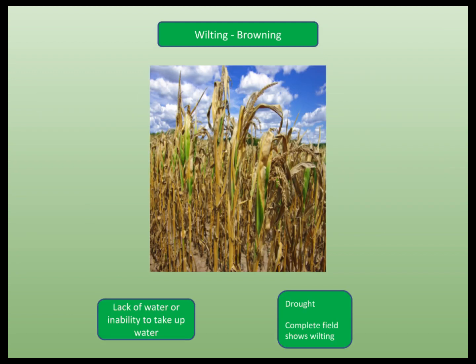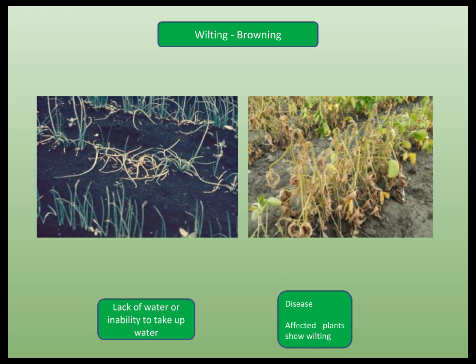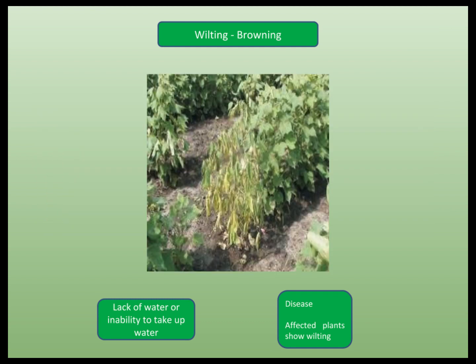If we see wilting and browning symptoms caused due to lack of water or inability of the plant to take up water, then it might be due to drought or caused by wilting diseases. If it is due to drought, then in the whole area crops show the wilting and the farmer can easily make out that it is due to lack of water. But if it is due to the disease, then only a particular type of crop is affected, and that too in isolated plants here and there in the field. It happens at particular stages of the crop, like in some cases soon after planting and in some cases at flowering period. Farmers need to take up corrective measures by consulting an extension worker.